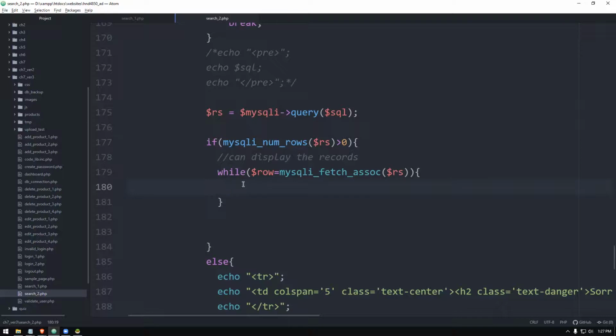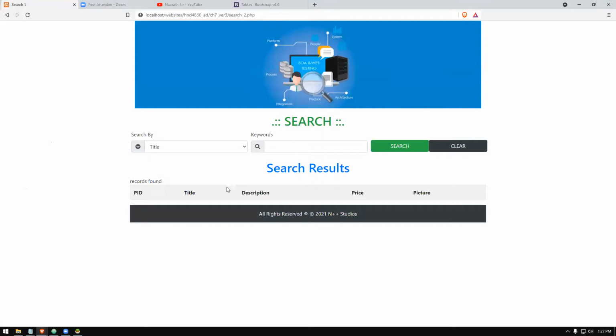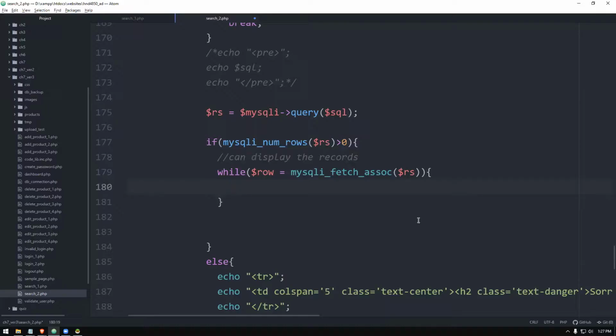Then what we're going to do is, once we copy these values to the row array, we can start displaying it. So each time when you want to display, you need to have a row created here for that product. You need to have a row. In that row, we need to display that. So we will do it like this.